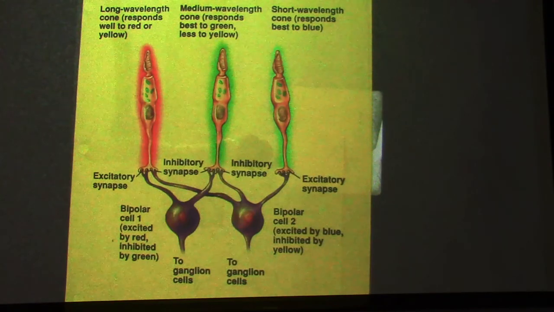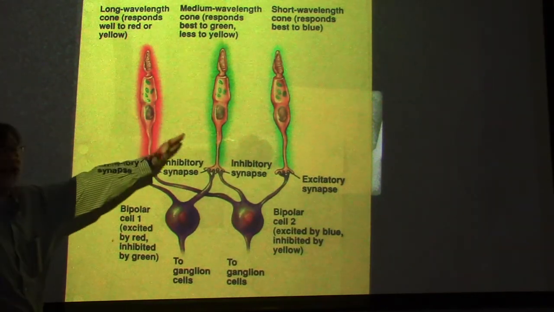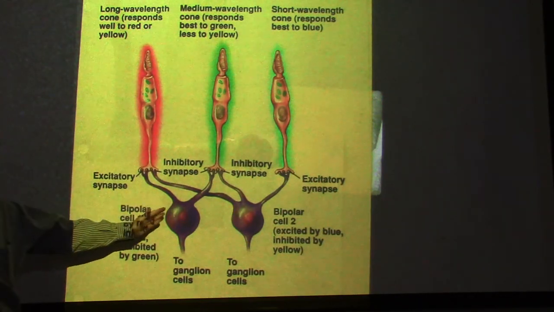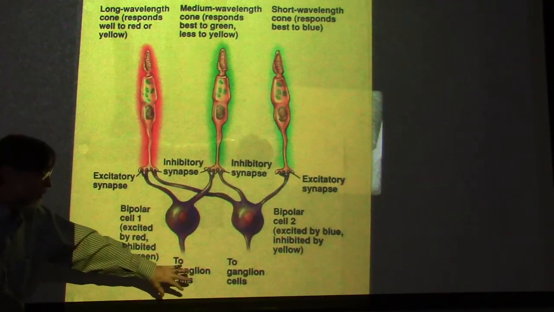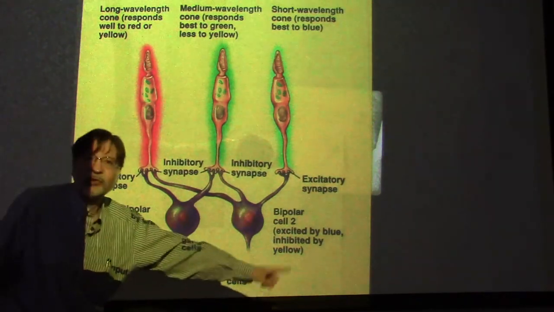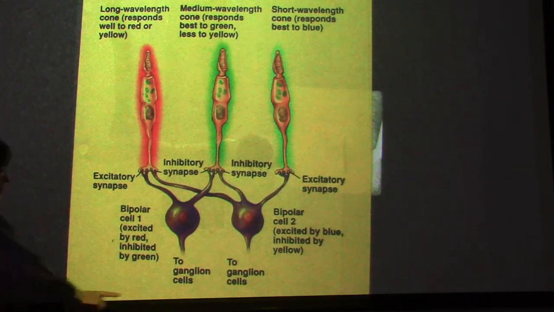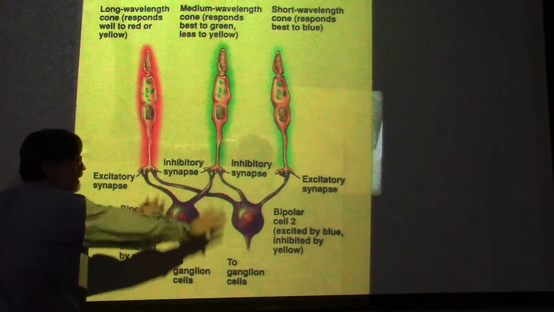The diagram's a little bit incomplete. We've got rods and cones up here, bipolar cells, and ganglion cells, and the ganglion cells are the ones sending their axons out through the optic nerve. All right. Blood vessels are coming in, and blood vessels are running through, bringing energy to keep these cells